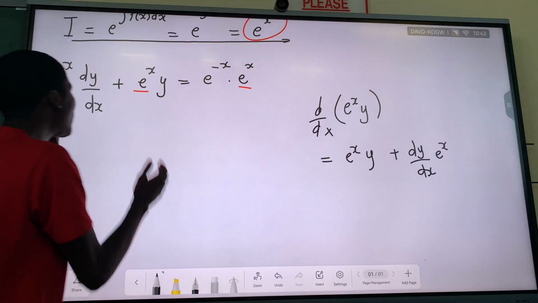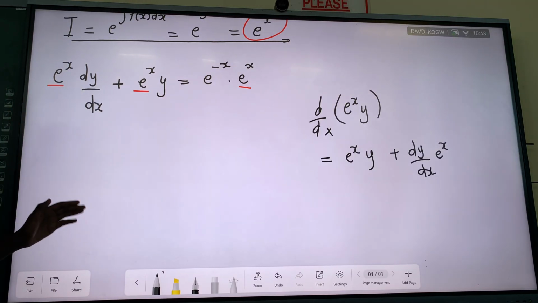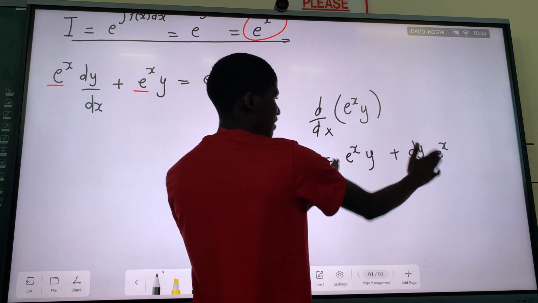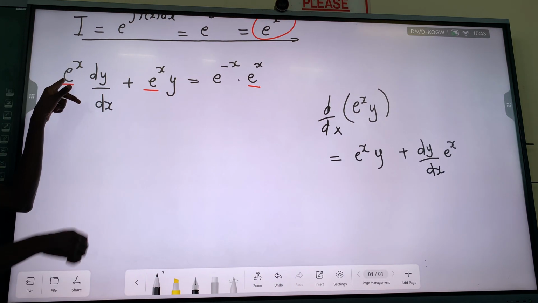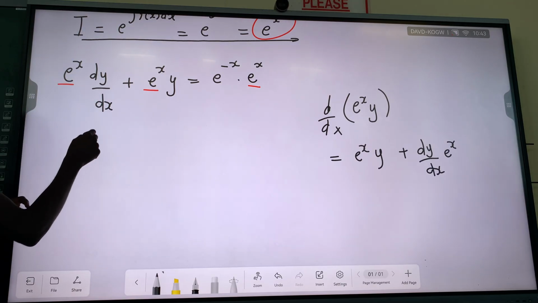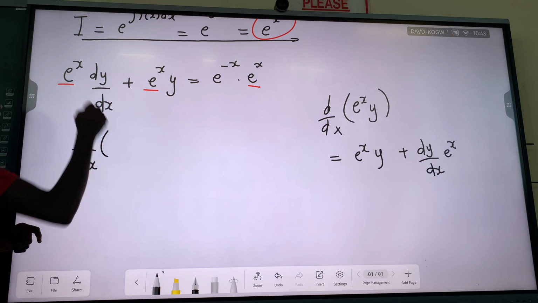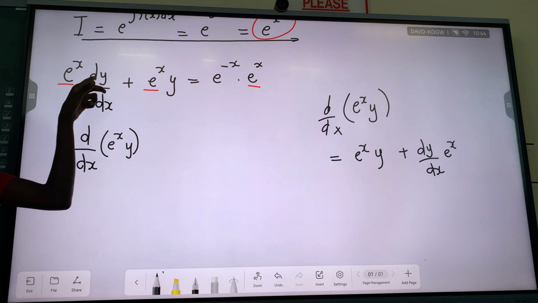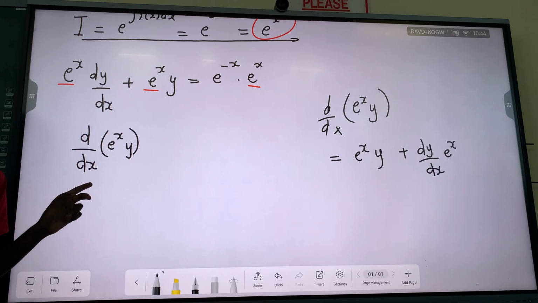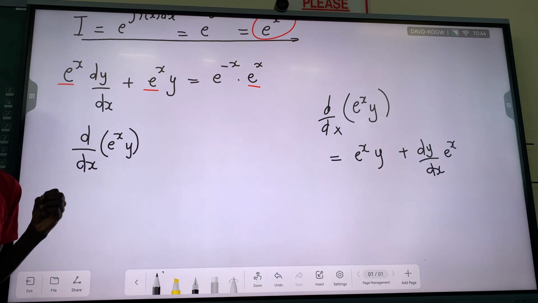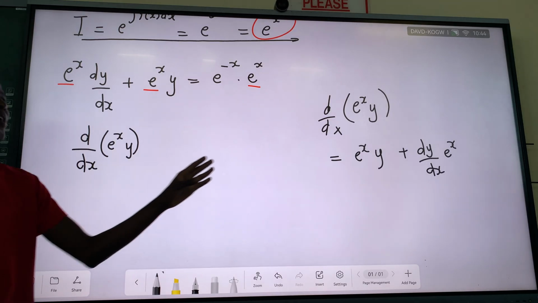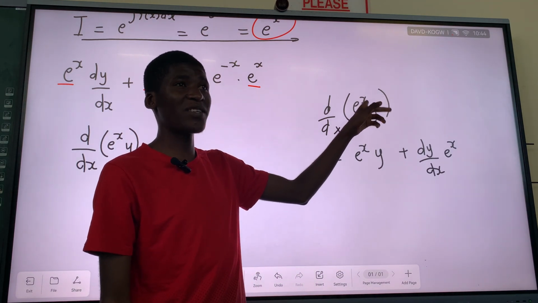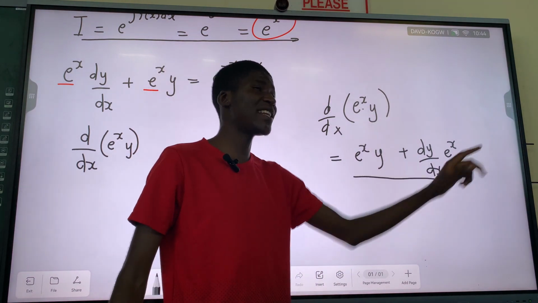So essentially this is always an expansion of the product rule. But the simplest way of getting this form from this form is to just take e to the power x and y, combine them, and say this is the derivative with respect to x of e to the power of x times y. Take the integrating factor, put it together with y, and then say d/dx. If we expand this, it must give back exactly what we had. I'm just making things simpler, but you can see that when we expand using the product rule, if y is a function of x and e to the power x is a function of x, we're going to get this outcome.